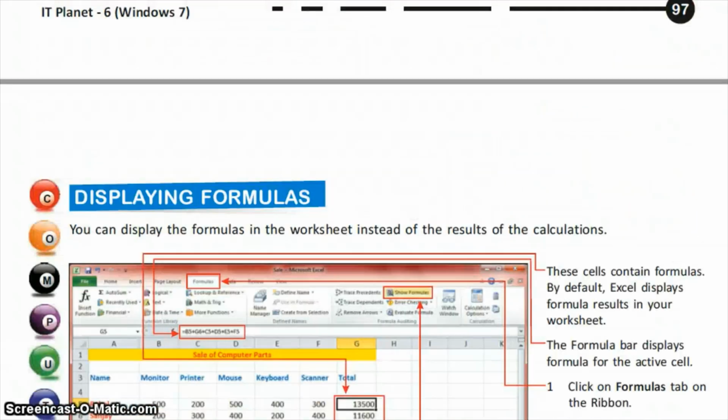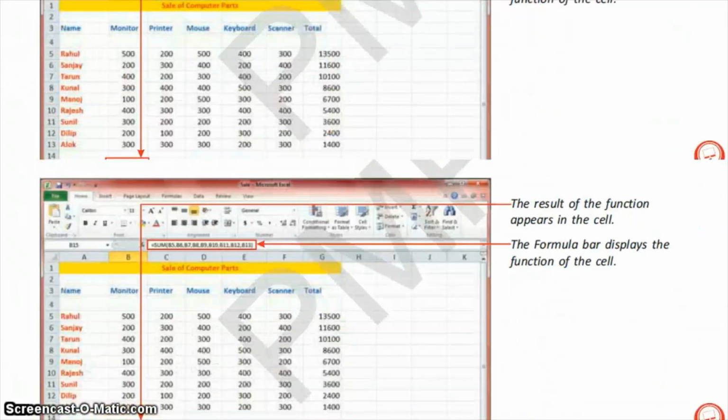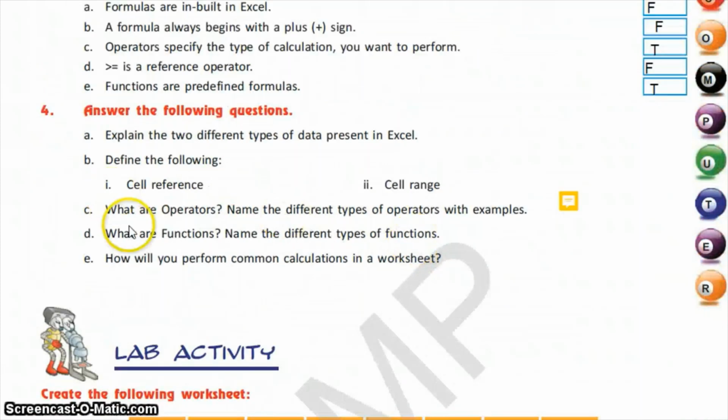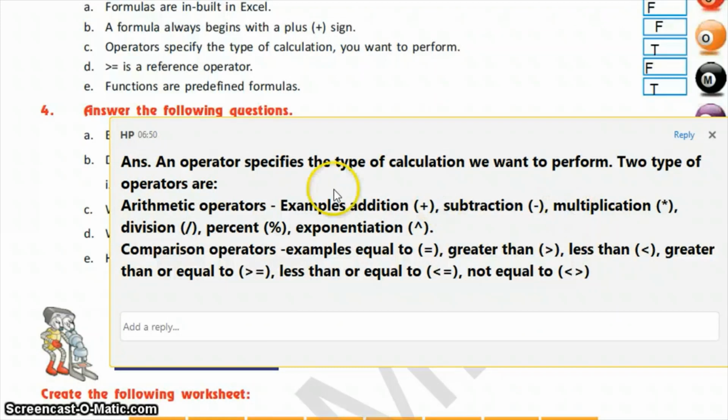Now the next question, C. What are operators? Name the different types of operators with examples. So we have studied the different types of operators. An operator specifies the type of calculation we want to perform. There are basically two types of operators, and what are they? The first one is arithmetic operator.